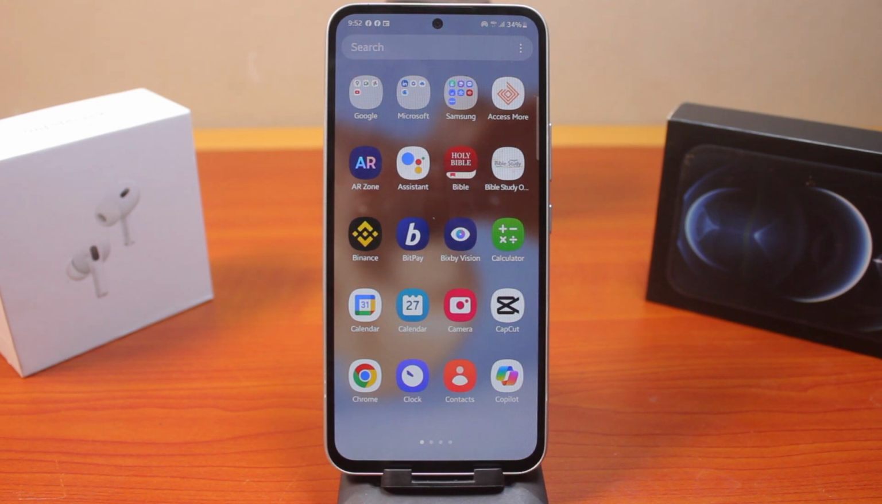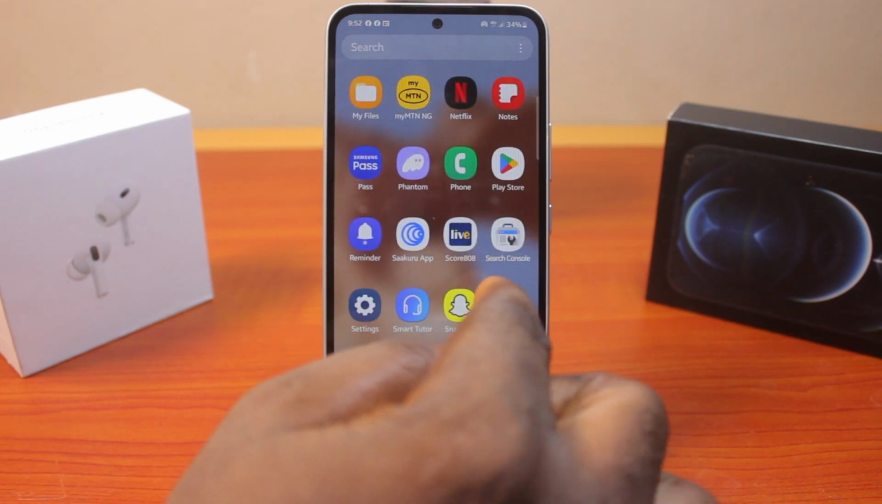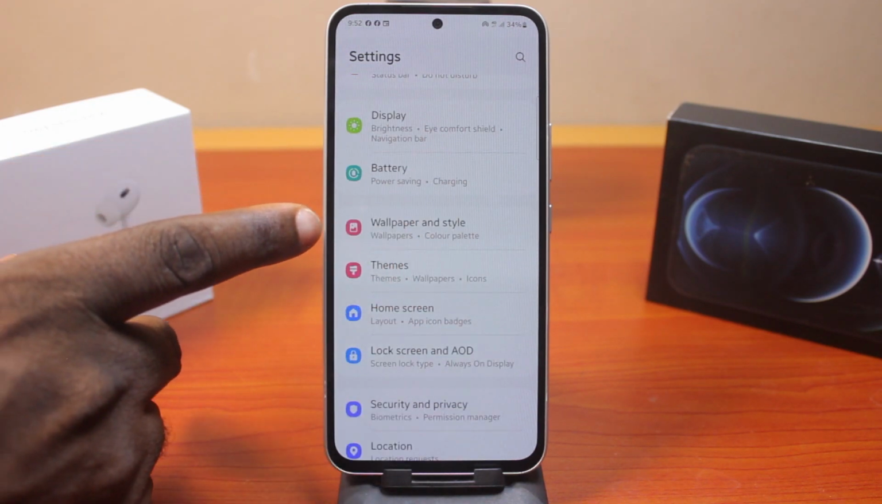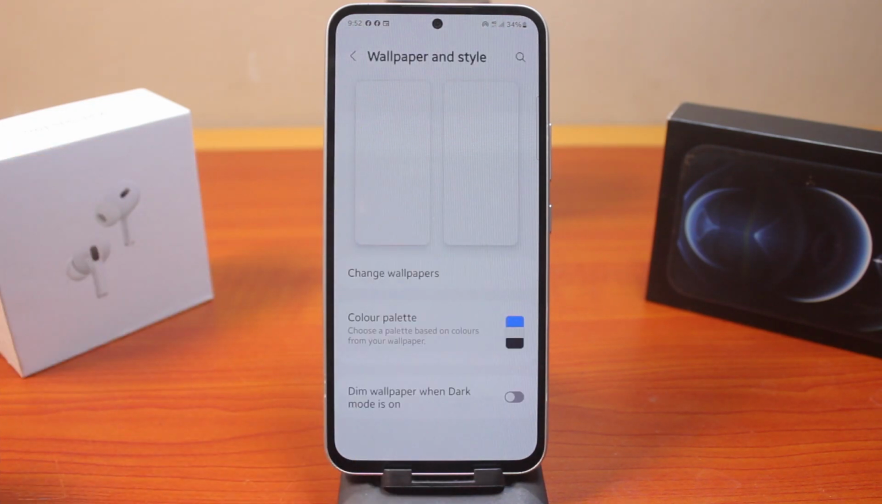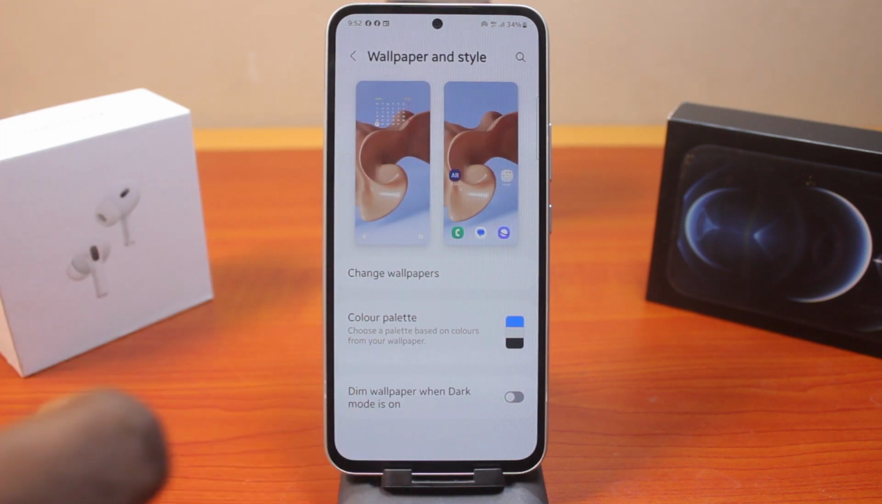Now the first thing you want to do when you want to set different wallpaper as lock screen and home screen on Samsung phone is go to your Samsung phone settings. On the settings page, you want to scroll down and make sure you click on Wallpaper and Style. Once you selected Wallpaper and Style, then select the wallpaper here, and if the wallpaper is not available, click on